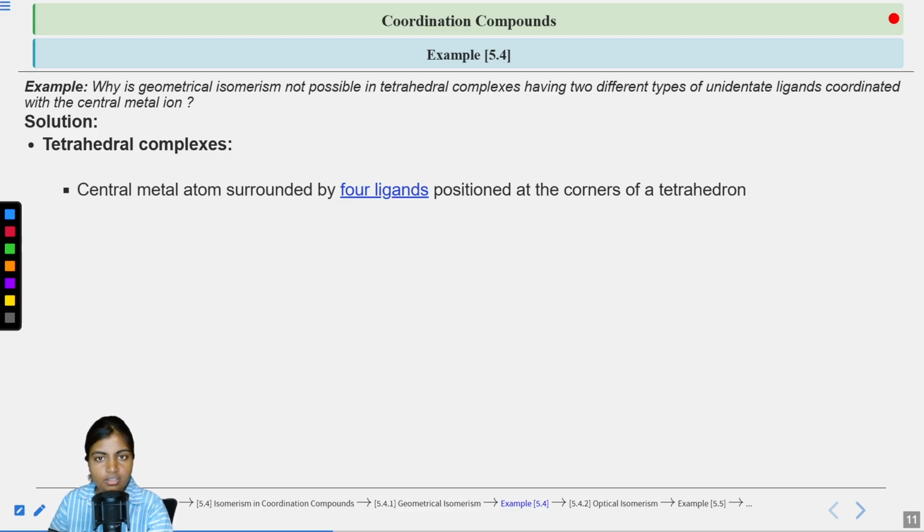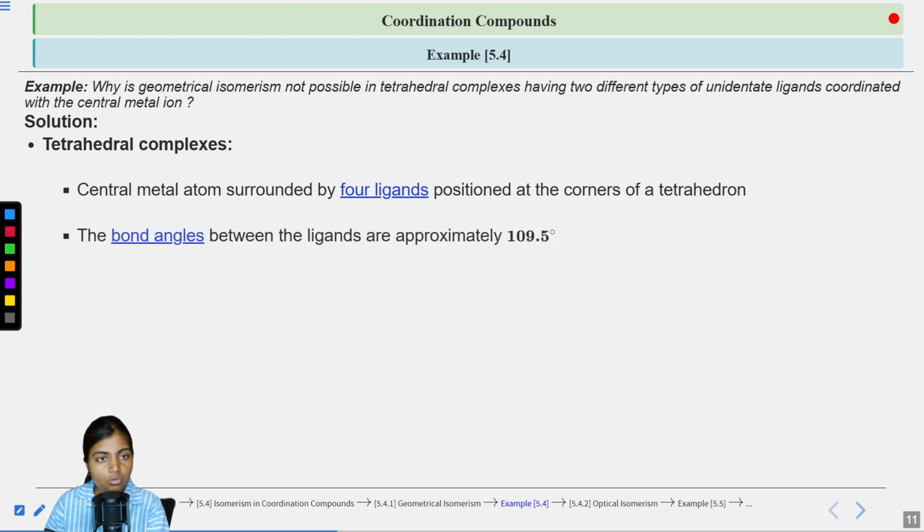So at the corners of the tetrahedron we have four ligands positioned, and that forms the tetrahedral complex. Now the bond angles formed between the ligands are approximately